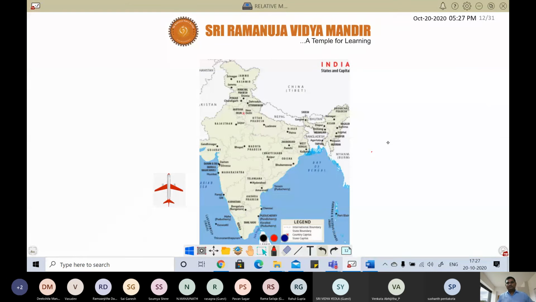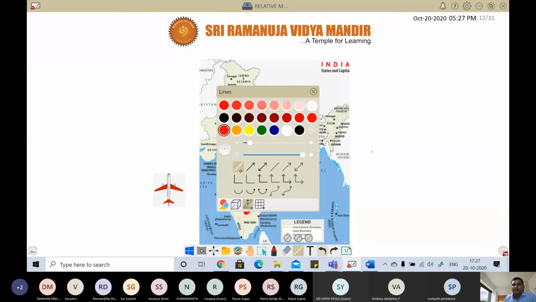Now see here. This is our India map. Now there is an aeroplane. Suppose you want to go from, let's say, Bangalore to Delhi, because that is a straight line path. That is easy to understand. So here is our Bangalore, somewhere around here. This is Bangalore, and this is New Delhi. Let us assume for a moment they are in a straight line.